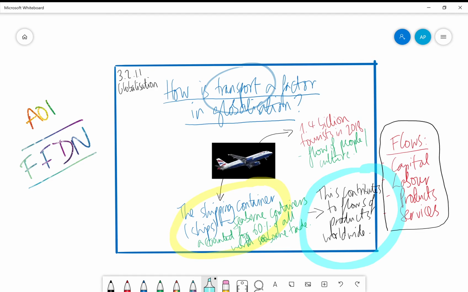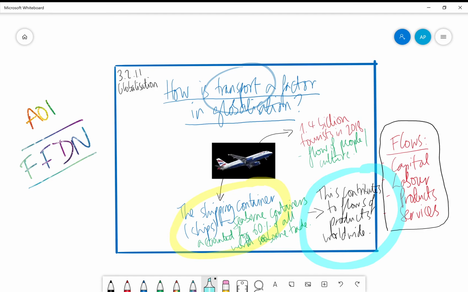So what we've done there in this highlighted blue bit is to actually explain how it's a factor in globalization. Like I said, you could potentially do a better job. If I had had more space, I would have gone into a little bit more detail, but it just shows you the principle of what needs to happen here: you need to make sure that you are actually answering the question and explaining that fact and figure, or explaining that point. I've not done it for the fact above,